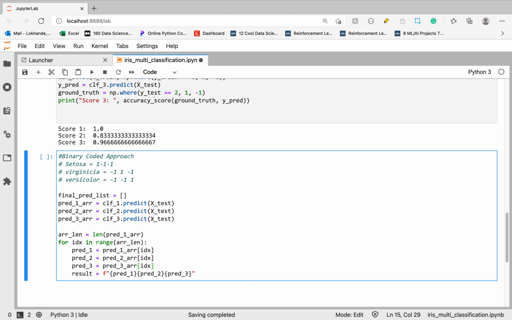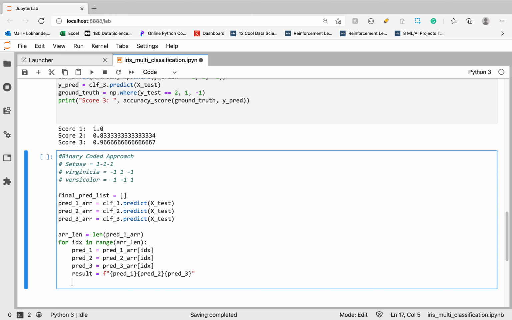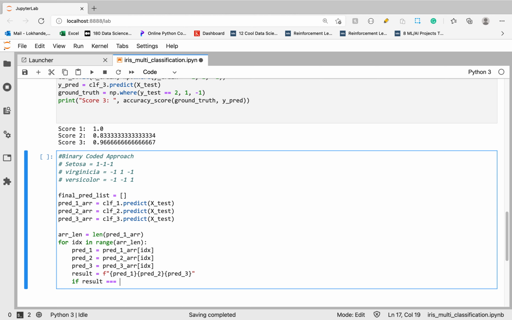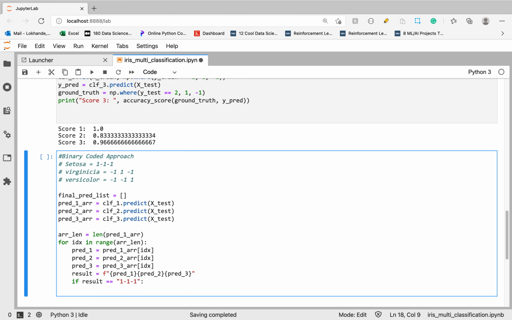For example, suppose some sample belongs to setosa, then this result should be 1, -1, -1, because if the sample belongs to setosa, then classifier 1 returns positive, meaning +1, and classifier 2 returns -1. Now we need to write an if condition: if result is equal to 1 -1 -1, because we converted it to a string, then it looks like this.